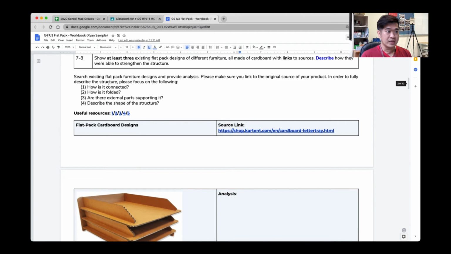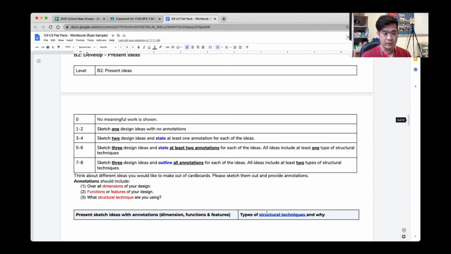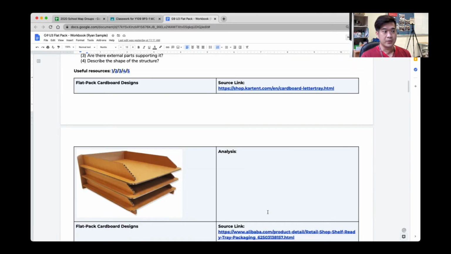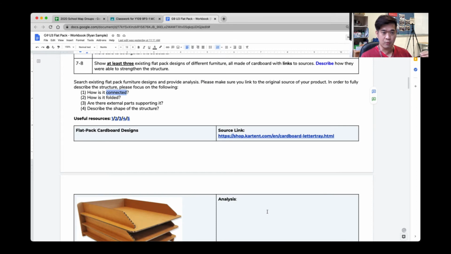So here, this is important that you go to this video and then find what the connection is from one cardboard to the next. And folded, if it's folded left or right or any combination of it. Now, and then external parts that are supporting. What is that? For example, a hinge. Okay, the hinge or the make do that I use,